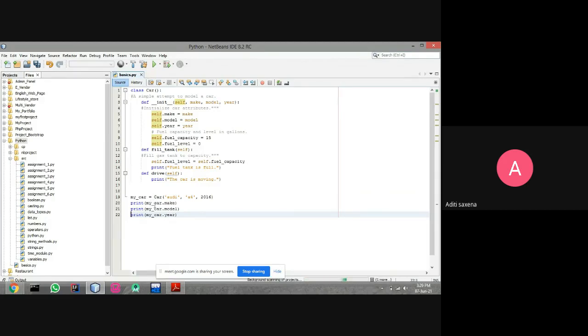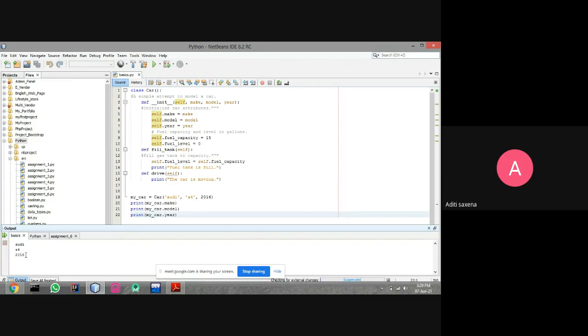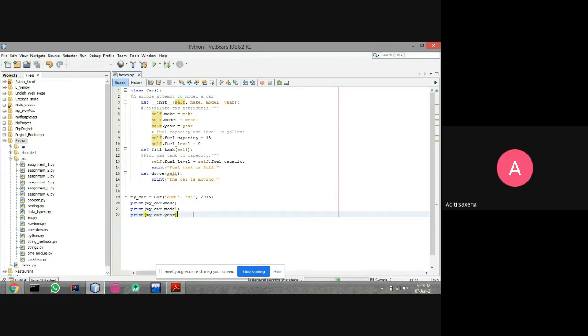If I print my_car.make, it will print Audi, then A4, and the year 2016. These are what we call the attributes or variables. Now I want to call the two methods, fill tank and drive.